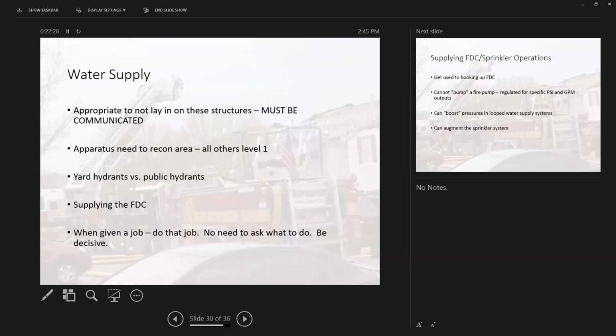Okay? You cannot over pump a fire pump. So if this building is equipped with a fire pump, which many of our warehouses are, you cannot over pump that. Meaning the fire pump in the building may be set for 150 PSI at 500 gallons a minute. That is the max that pump will work. Okay, you can't put 200 PSI into it, or else, because it's rated for 150. It is just going to blow off the extra pressure. You can't put 700 gallons through it. It's regulated for 500. It'll only do its designed impact